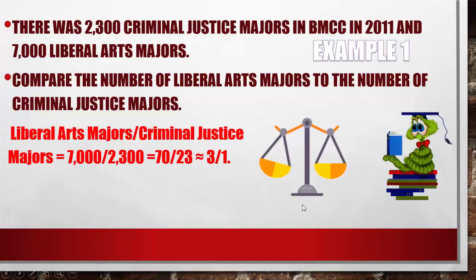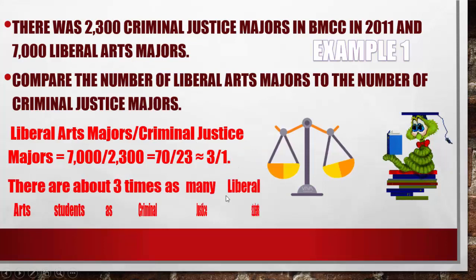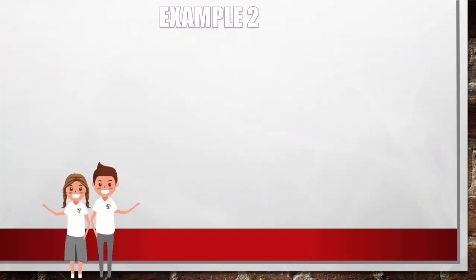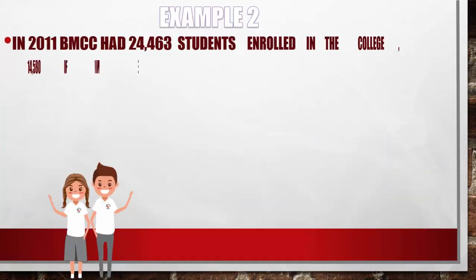Now coming back here to the PowerPoint, I'm just writing up the same thing that I wrote on the whiteboard, except it's much easier to read on the PowerPoint. And so here I found that the liberal arts majors to the criminal justice majors is 3 to 1, and there are about 3 times as many liberal arts students as criminal justice students, as I mentioned in the whiteboard. In example number 2,